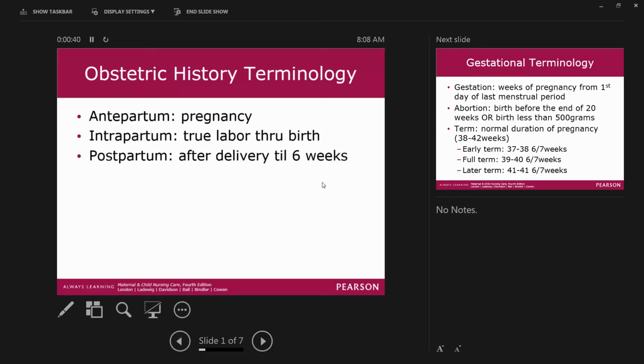So again, if she's 32 weeks and laboring, which wouldn't make us happy, but it doesn't matter. If she's laboring, she's an intrapartum patient. Okay? And then postpartum is after she's delivered, and then that's a period up to 6 weeks. Okay? So when we go to OB and we take care of pregnant women, there's a lot of them